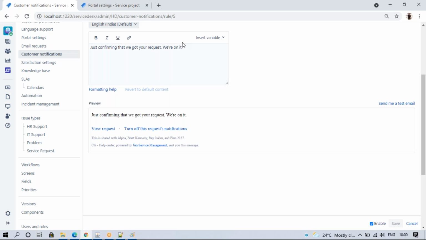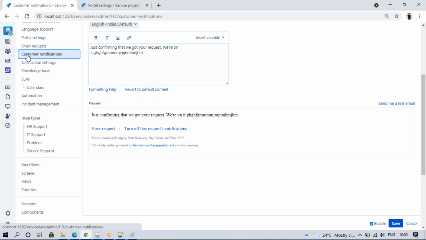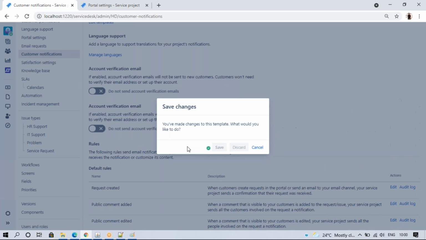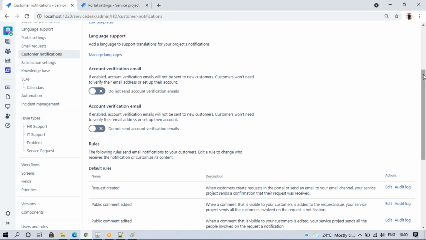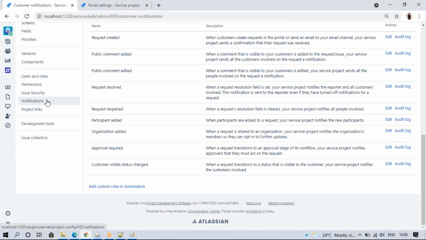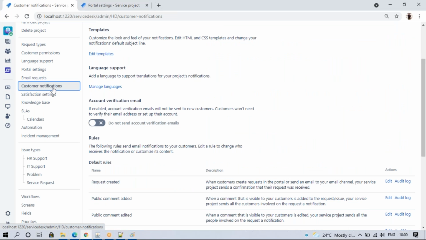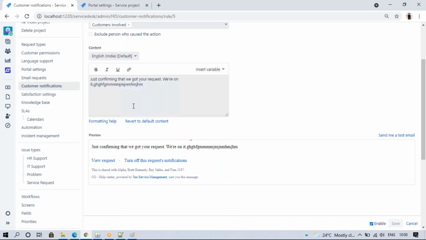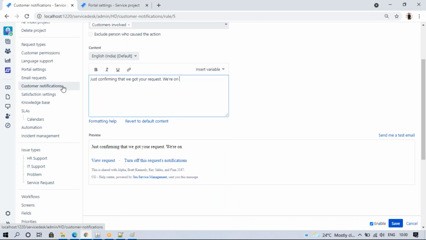Okay, if you want to edit the content, we can edit from here. See, it will show down. So this is the complete customer notification, not Jira notification. But where will the Jira notification come from? The Jira notification is from the notification scheme, which we cannot edit here. Like Jira notification, we can edit who needs to get the notification, like assignee, reporter, or any person like that. But for customer notifications, we can restrict who gets notified, and we can change the content as well. The content we can edit, but Jira content we cannot edit.